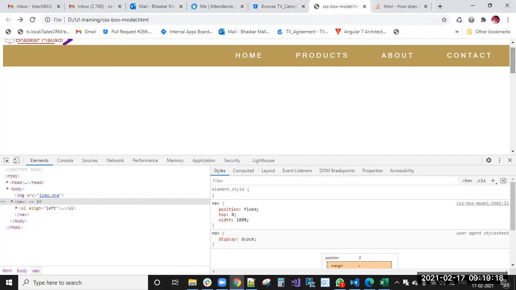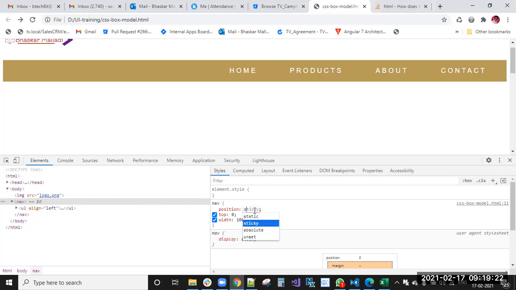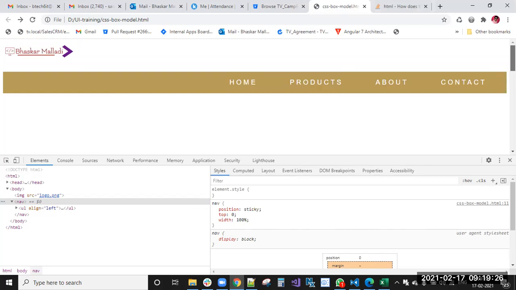In these cases, you use position sticky. When you use position sticky, it won't ignore the top content like the logo. As it is, it will work, and that top content also shows.